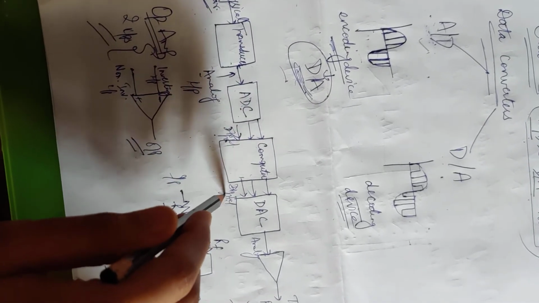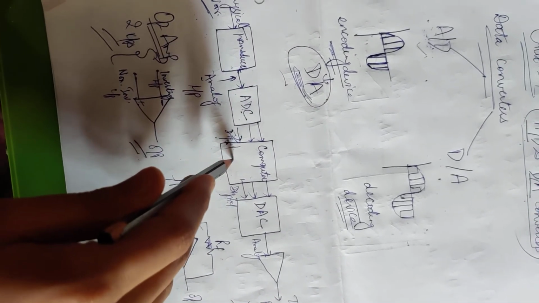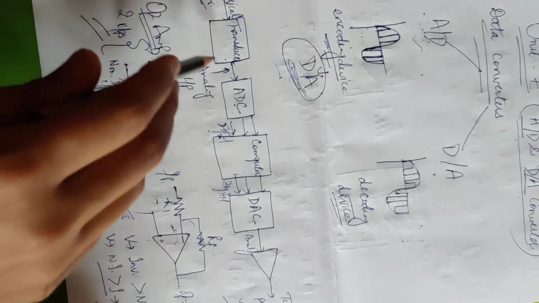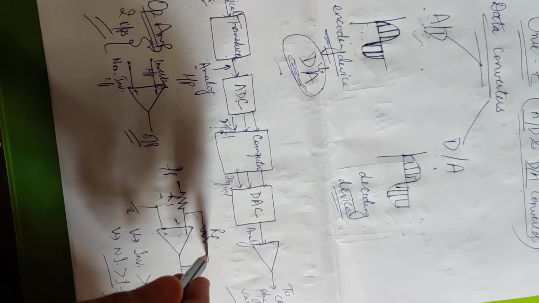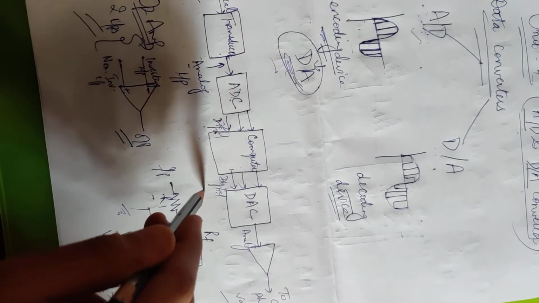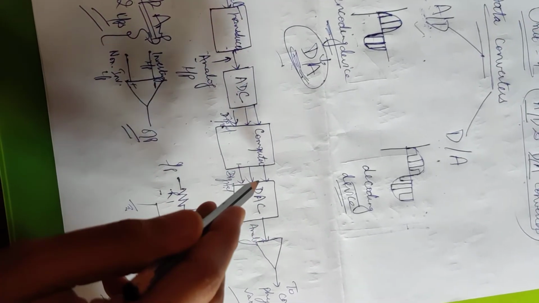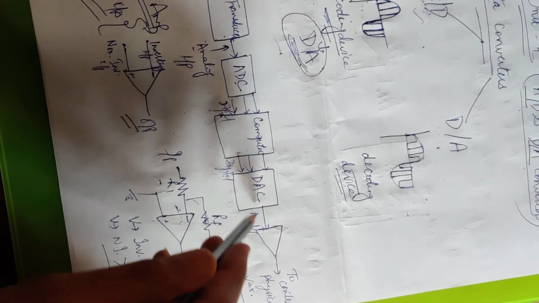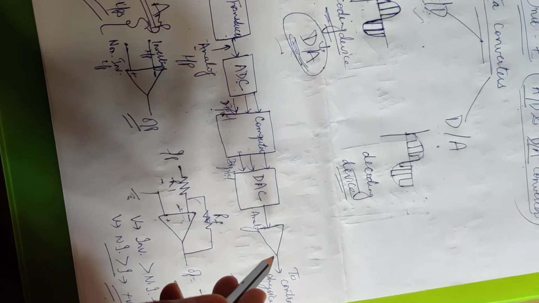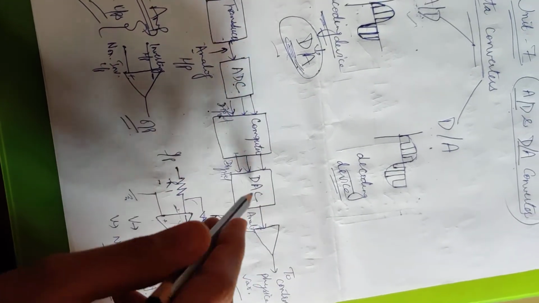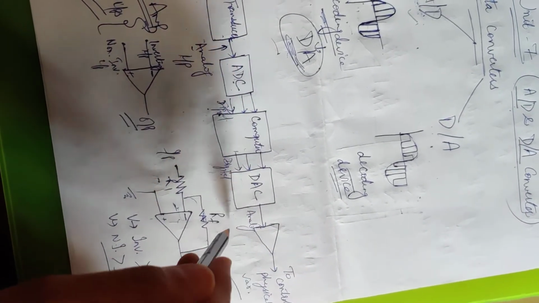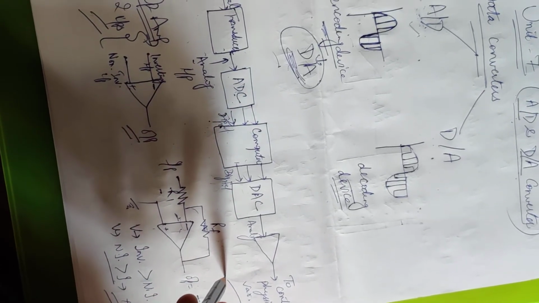Then we get digital output from the computer. But if we have analog input, then we also need analog output. Then we have to convert this digital into analog with the help of DAC. And then this is the actuator, which is used to control this analog output and use that physical variable.